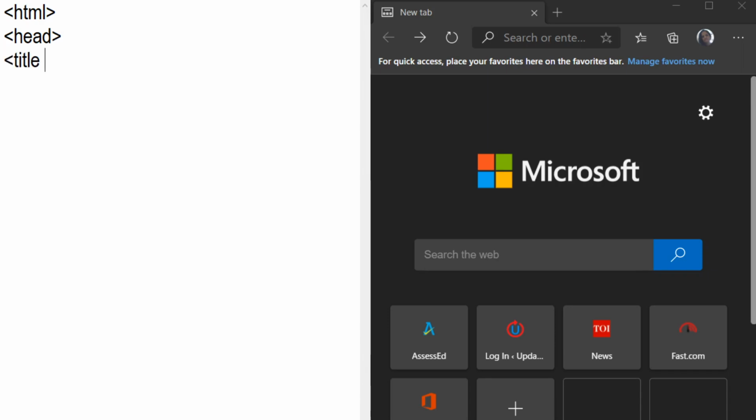A hyperlink helps users navigate from one web page to another without entering the address of the web page, without entering the URL, the uniform resource locator.